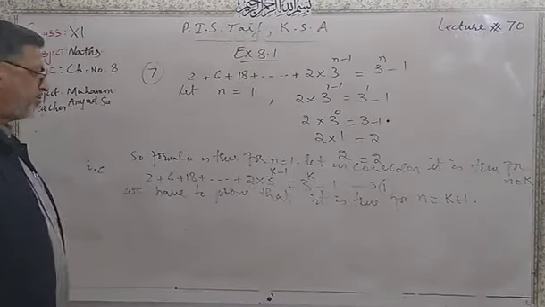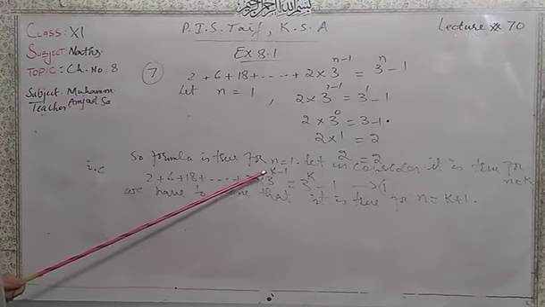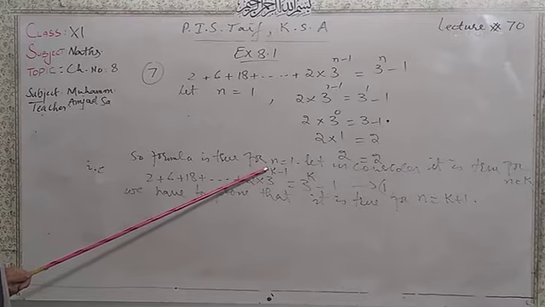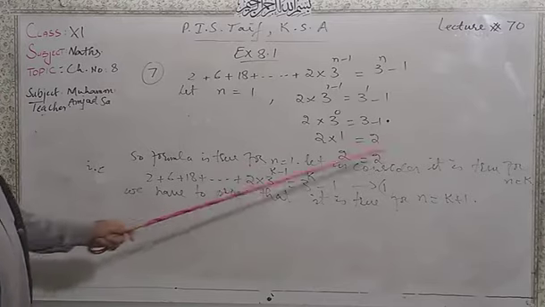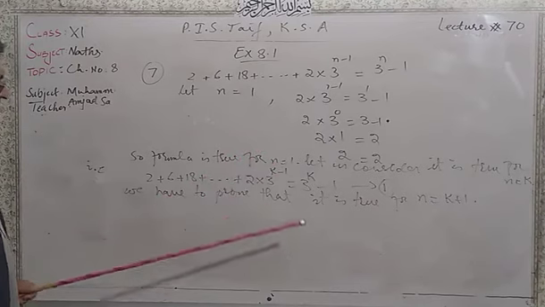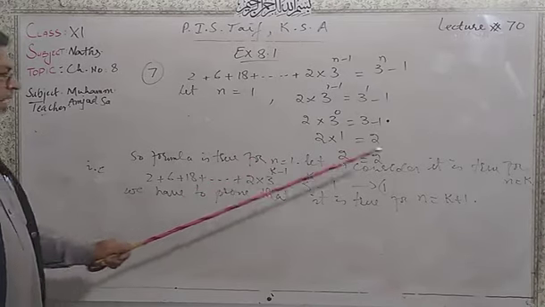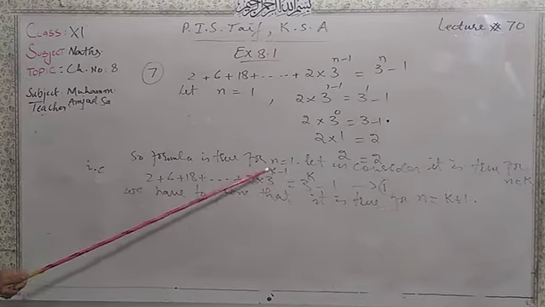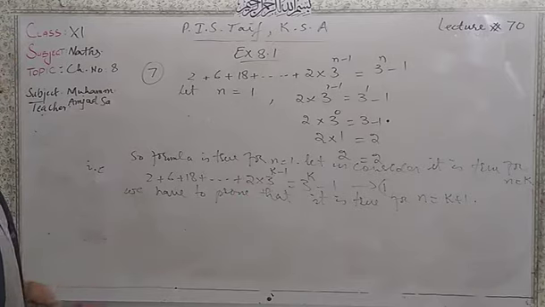Dear students, I told you already before that on left hand side replace k by k plus 1. In this way you will make left hand side with k plus 1 term. So the required term can be found with the help of the last term of your left hand side. By putting k is equal to k plus 1, we will get the required term which must be added on both sides.